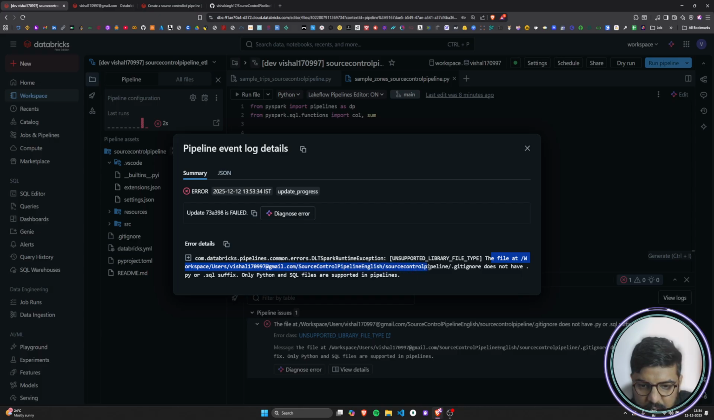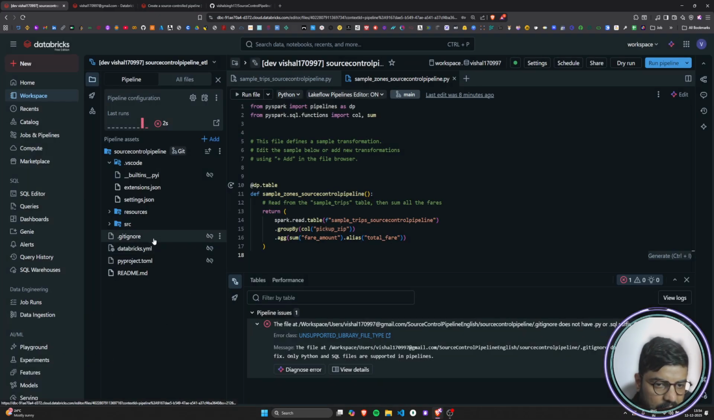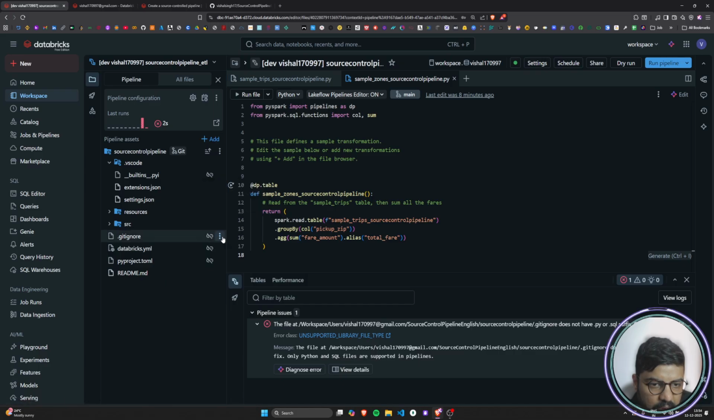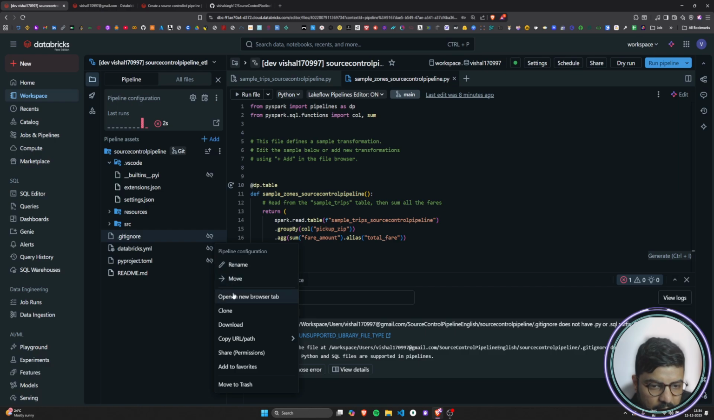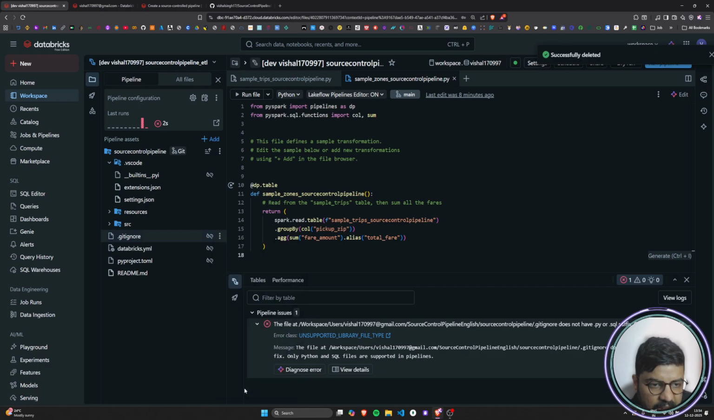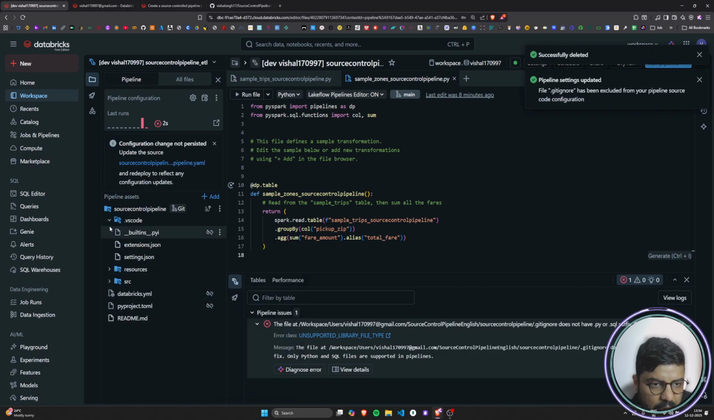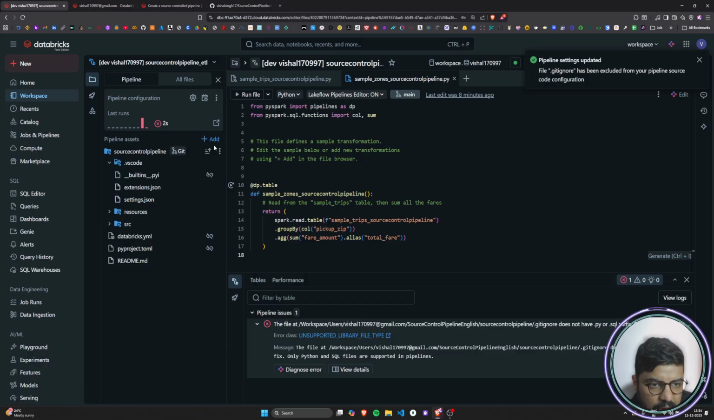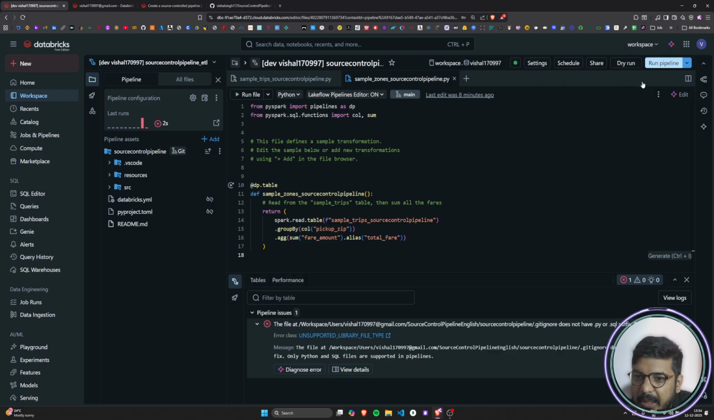The file at workspace dot get ignored does not. Okay, fine. This file is excluded from pipelines for configuration. So why is it not getting ignored? Let me just delete it. Configuration change is not persisted. Okay, fine, no worries. And now if I run this pipeline again,